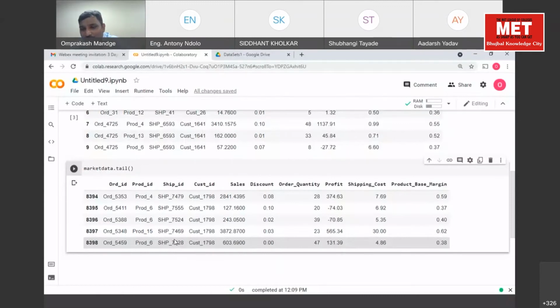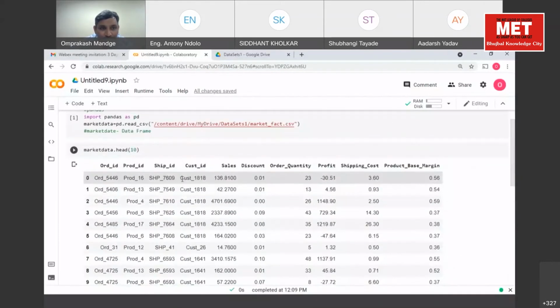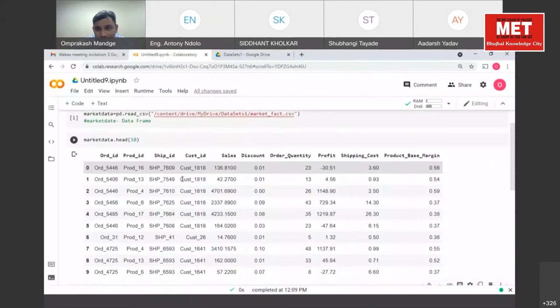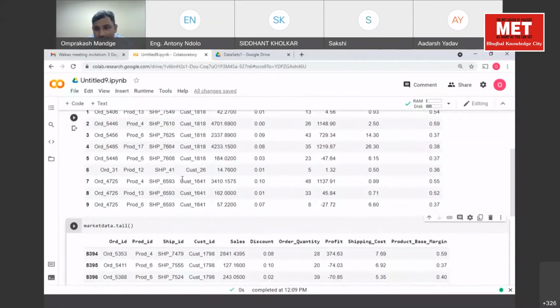Okay, Sakshi, what is the error you are getting? Just check whether you have given the proper variable name. Yes, sir, I have written the same as you, but it is showing a name error. We can add another code cell. If you go on the top, you'll find plus code. Sakshi, sorry. What's the error status? Can you paste the error status in the chat box?